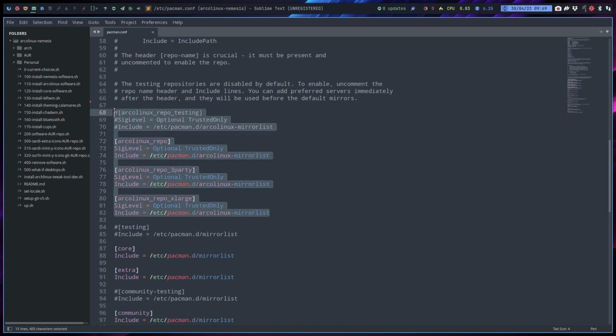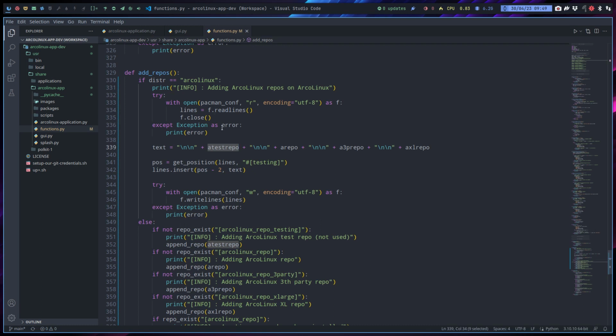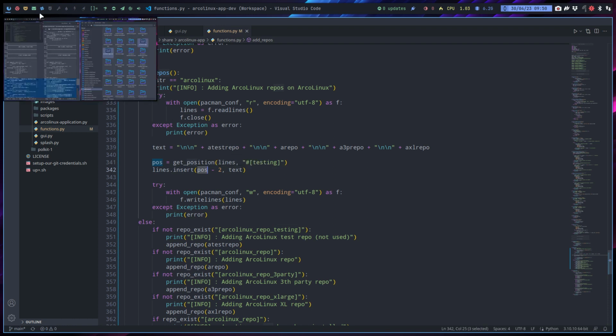So basically this bunch is this bunch of text. And this is where I got it wrong. I think it was this that was wrong. I'm not going to test it because I'm going to check the video, right? But it's getting a position. We have that. So it's a check for the index. What line is it? Sorry. It's a check for the position. So what position in the list is this thing? It's number 68 or something, right? And then lines insert in that position minus 2. So up a few numbers, a few lines up.